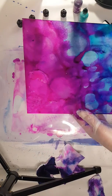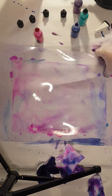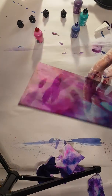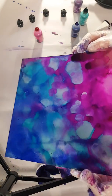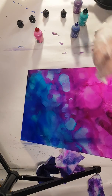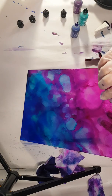So I'm going to go ahead and move my plastic. I'm going to flip it over. Even if it's not completely dry, it'll be okay. Normally you'd want to let that sit a little bit to dry completely. I'm still not 100% happy with this coverage. You can see, so I'm just going to